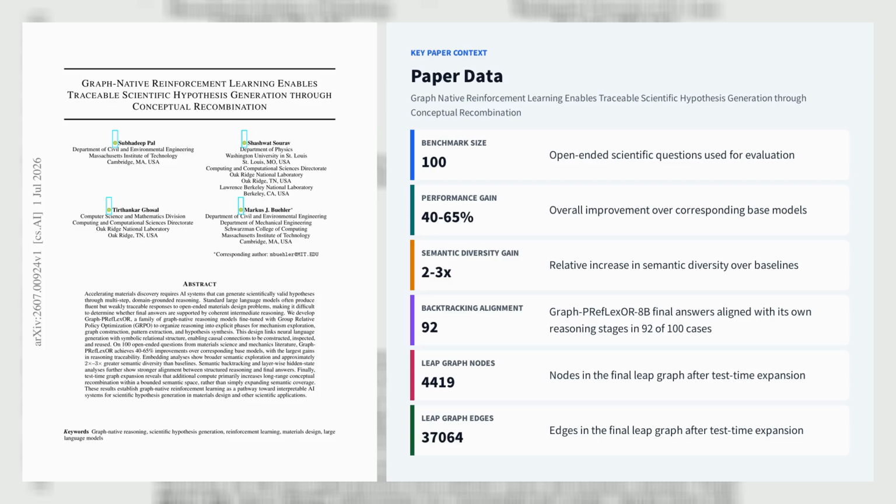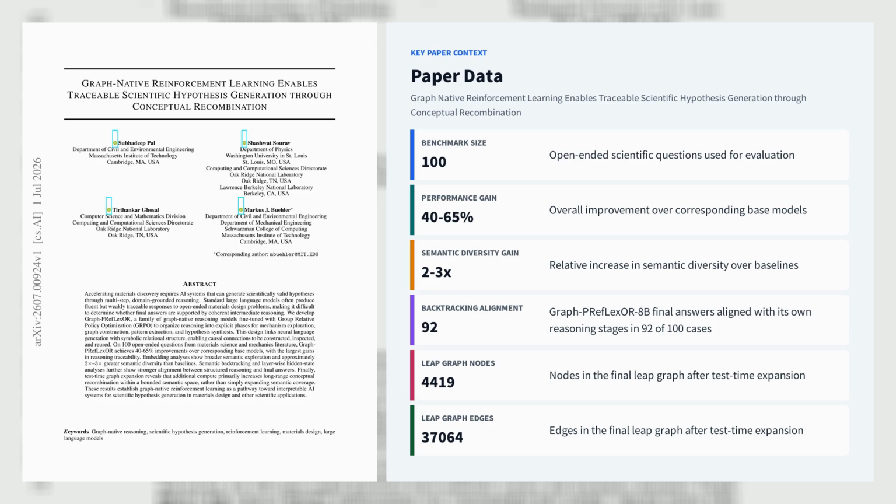Graph-native reinforcement learning enables traceable scientific hypothesis generation through conceptual recombination. Graph-PReFLexOR is a graph-native reinforcement learning framework for scientific hypothesis generation that turns the hidden reasoning trace into an explicit sequence of <brainstorm>, <graph>, <graph_json>, <patterns>, and <synthesis> stages. Then it optimizes that structure with ORPO cold start and Group Relative Policy Optimization, GRPO, built on